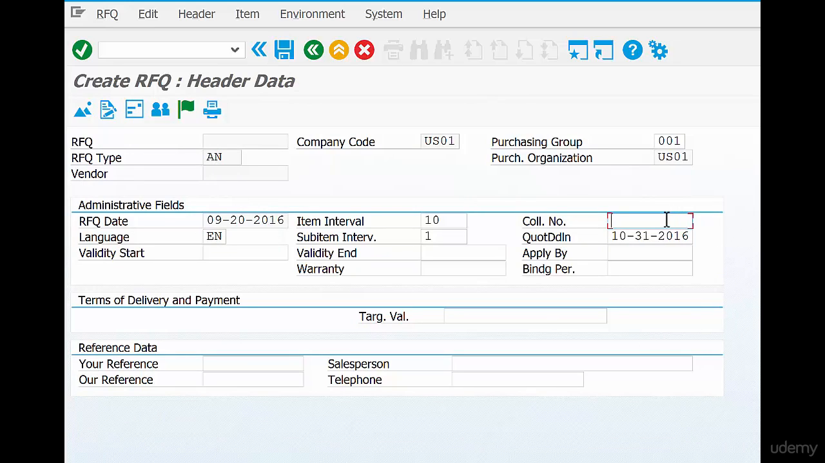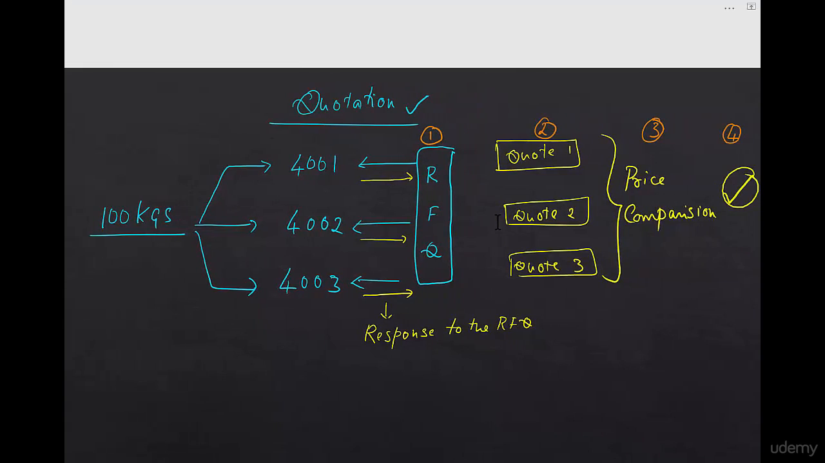And over here, we use something called a collective number. Now, we can make this not mandatory, but most of the time, this is a really useful field. So what's a collective number? Each of these is a separate document. For example, this document is 500000101. This is 500000102,